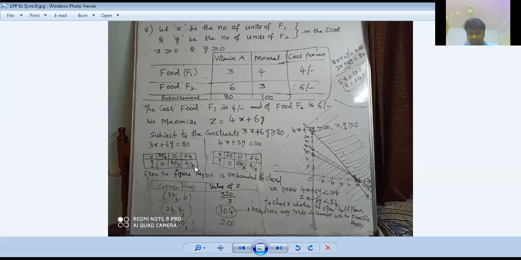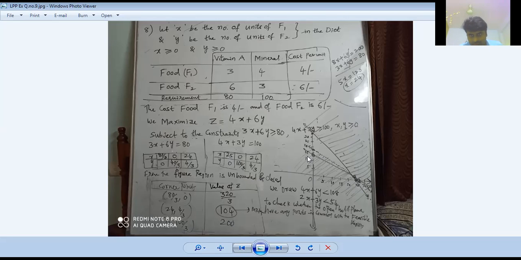Okay, so we'll take table values. One point on the x-axis, one point on the y-axis. By putting 0 for x, we'll get the point on the y-axis. By putting 0 for y, we'll get the point on the x-axis. Like that. After that, we'll draw the lines and shade for both the lines outside the origin. Then we'll take the corner points. See, this is the corner point there. What is that point? 24 comma 4 by 3 and 80 by 3 comma 0. So 0 comma 100 by 3, that we can identify.